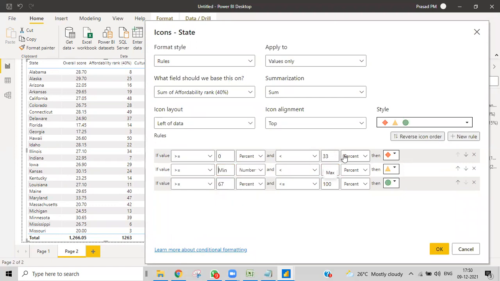Then 15 to 30, and then 30 to 50. So here I do have values from 0 to 50. I gave this one, and then I want to make all this into numbers.